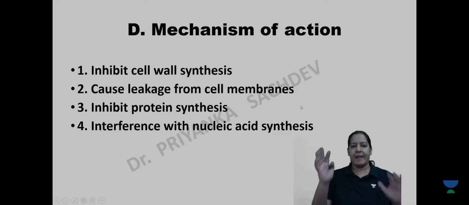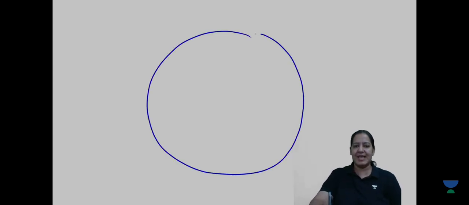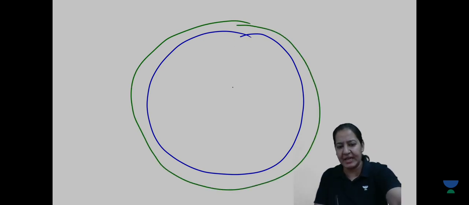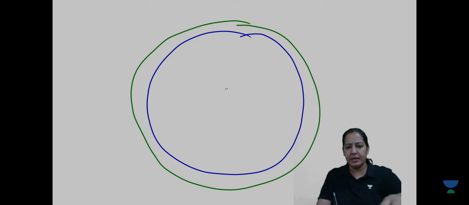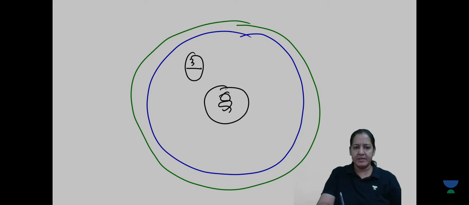If I talk about indirect inhibitors, sulfonamide and trimethoprim are the best examples. I am summarizing. Everyone look on the screen. So let me draw the diagram of a bacteria. This is the cell membrane of a bacteria. This is the cell wall of a bacteria. Inside the bacteria, this is the nucleus of the bacteria having DNA or RNA, and this is the ribosome, 30S and 50S. On the ribosome, this is where protein synthesis takes place.